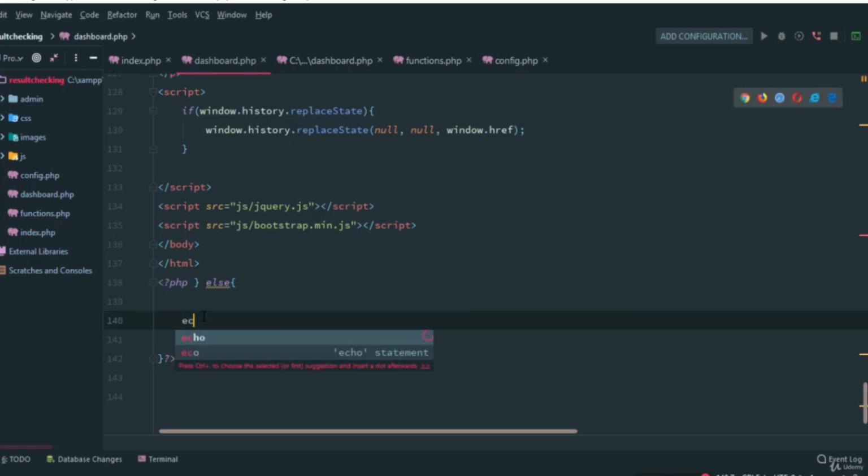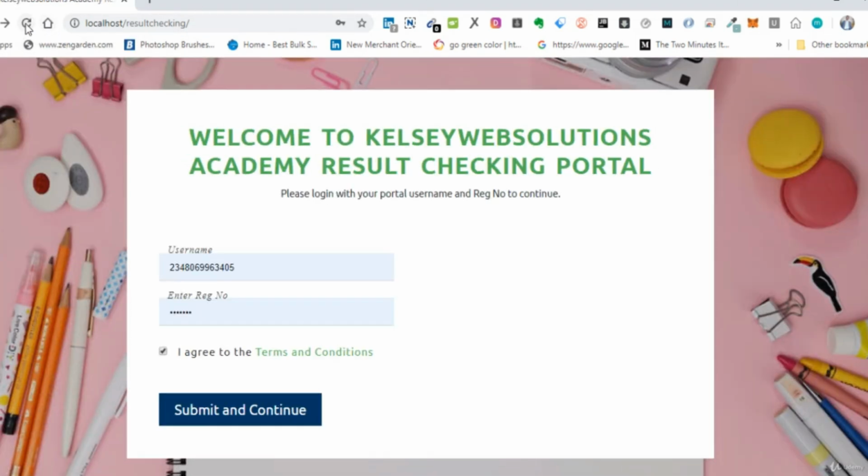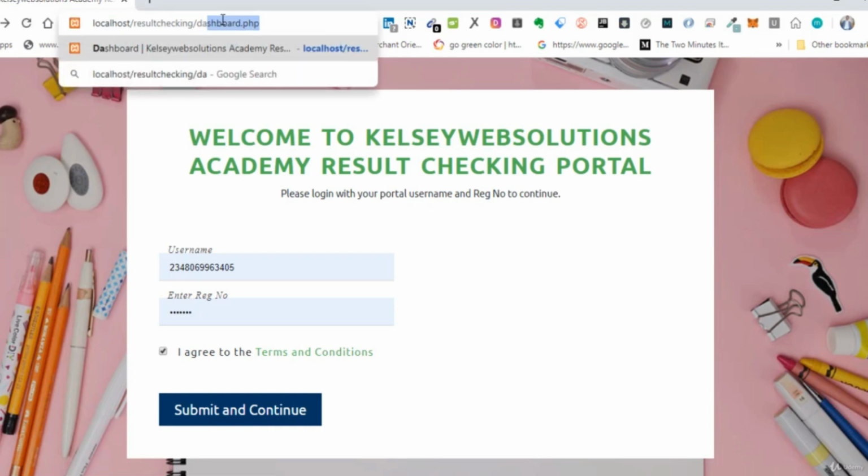Let's echo something here first of all to check. So echo: you must log in to continue. Okay, so let's try this and see. All right, so first of all I'm going to go back here, refresh this page again. Okay, so then I'm going to try and,